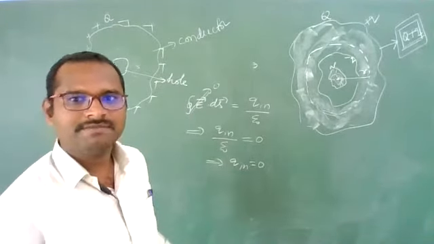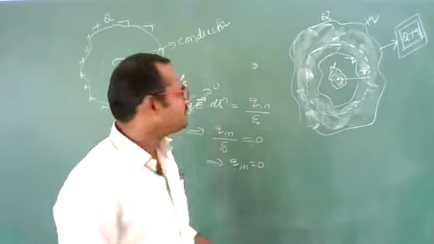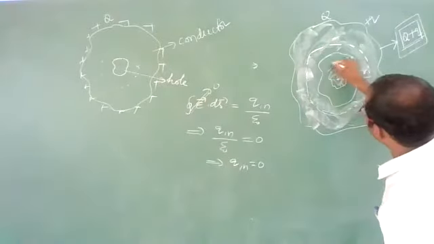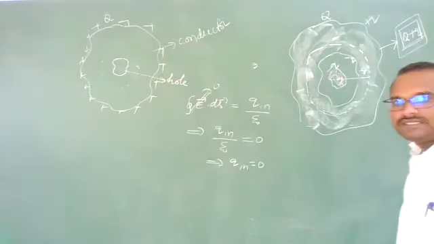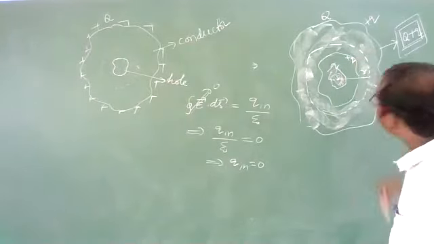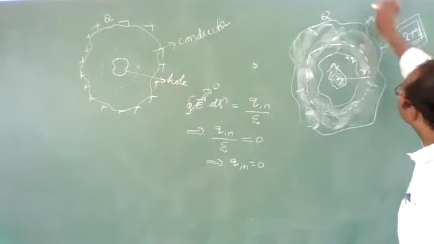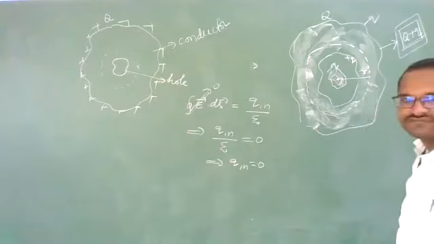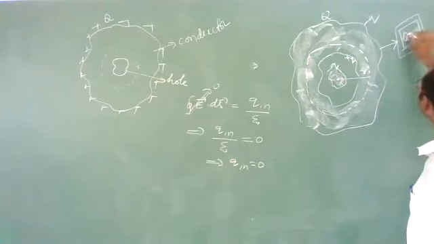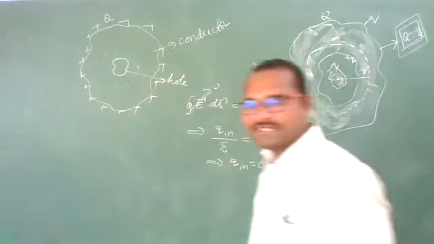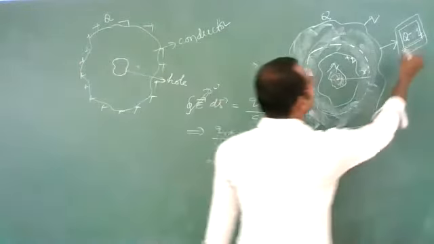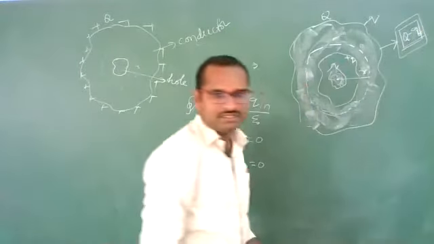Yes, charges can be positive, can be negative. Imagine if it is a negative charge. Here a negative charge we have placed. Then it will induce a positive charge here. If positive charge comes here, then negative charge will come on the surface. Then total charge will become Q minus q, capital Q minus small q. Now I hope you understood clearly.